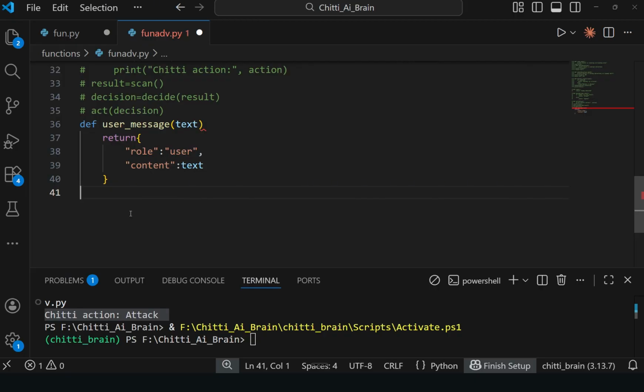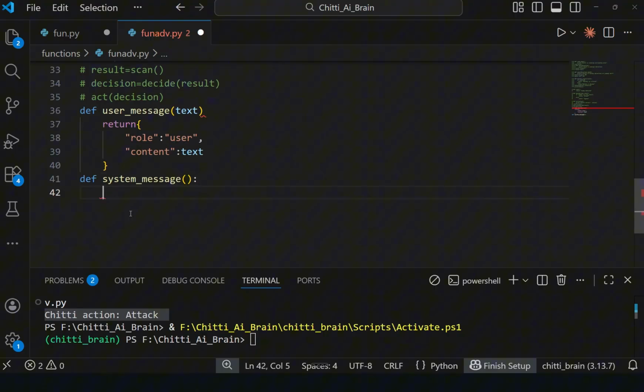To reply to the content, in Python you have to define one more function, the system function, the system message to reply. What will it reply? It will reply to the content. What is the return value?